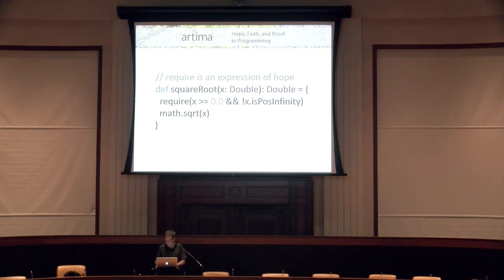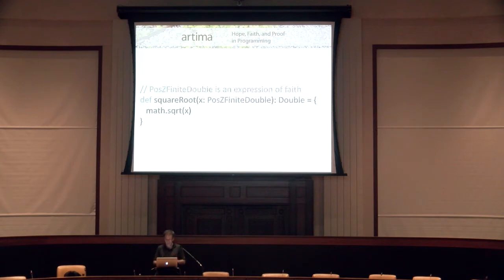Okay. So what I might want to do is, I think every time you do a require, it's good to do them if you need them. Don't leave them out if there is actually a requirement there. But when you write one, think to yourself, well, is it practical to put it in the type so that actually the precondition is fully represented in the type? And so we've been adding a bunch of any vowels to Scholastic that capture lots of things like posint and negint and that sort of thing for various primitive types. And they're any vowels, so at runtime the performance is usually the same. They don't box unless they would box as a primitive would box anyway, in theory.